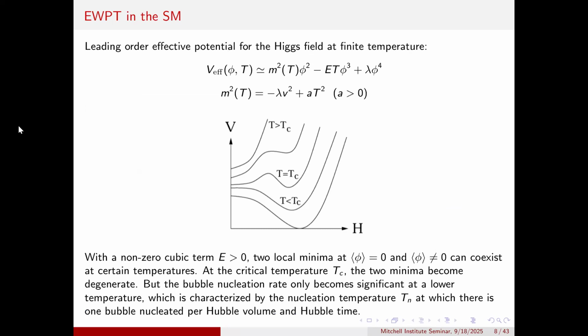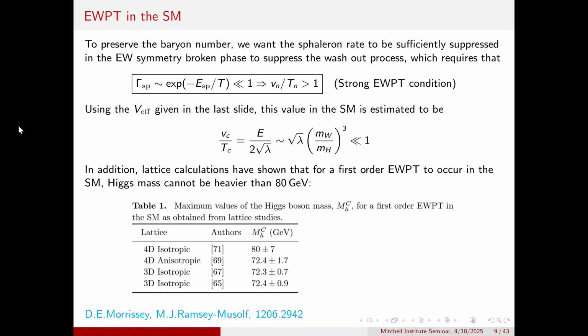So yes, it would provide us a first order phase transition. However, if we estimate vC over TC, where C means critical temperature, this is just because critical temperature is easier to evaluate, so people usually use vC over TC as an analytic